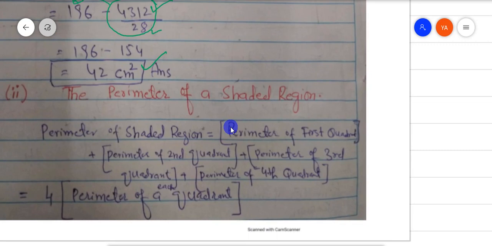तो यहाँ पे आप देखें कि फार्मूला मैंने डिस्क्रिप्शन में लिखा हुआ है, पेरीमीटर ऑफ ए शेडेड रीजन इज इक्वल टू द पेरीमीटर ऑफ द फर्स्ट क्वाड्रेंट प्लस द पेरीमीटर ऑफ ए सेकंड क्वाड्रेंट, पेरीमीटर ऑफ द थर्ड क्वाड्रेंट एंड द पेरीमीटर ऑफ ए फोर्थ क्वाड्रेंट. We can write it 4 multiplied by the perimeter of a each quadrant. So it will be,